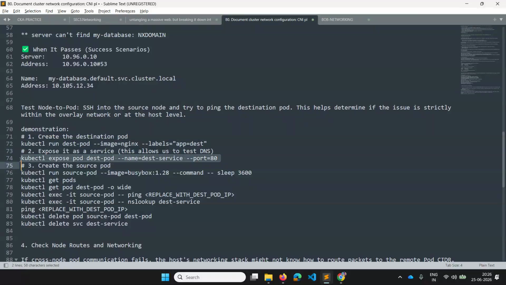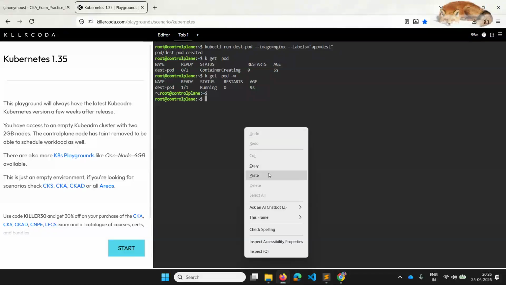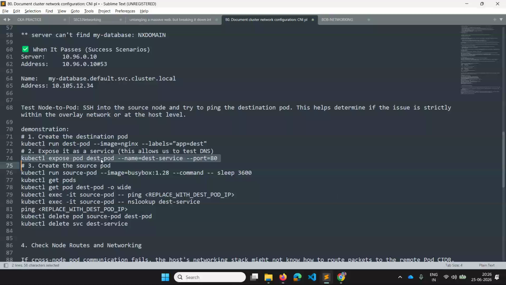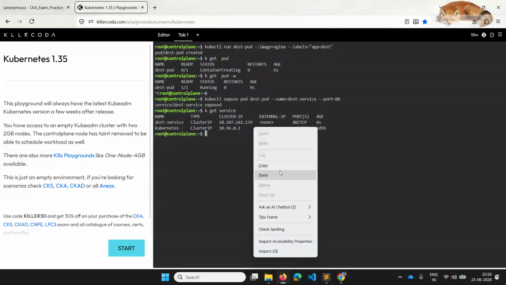You can use this imperative command, or you can use a YAML file to expose this. I expose it on this particular port, and this is the name of the service. If you get the service, you will be able to see that particular service. And let me create one more pod, which is a busybox container.